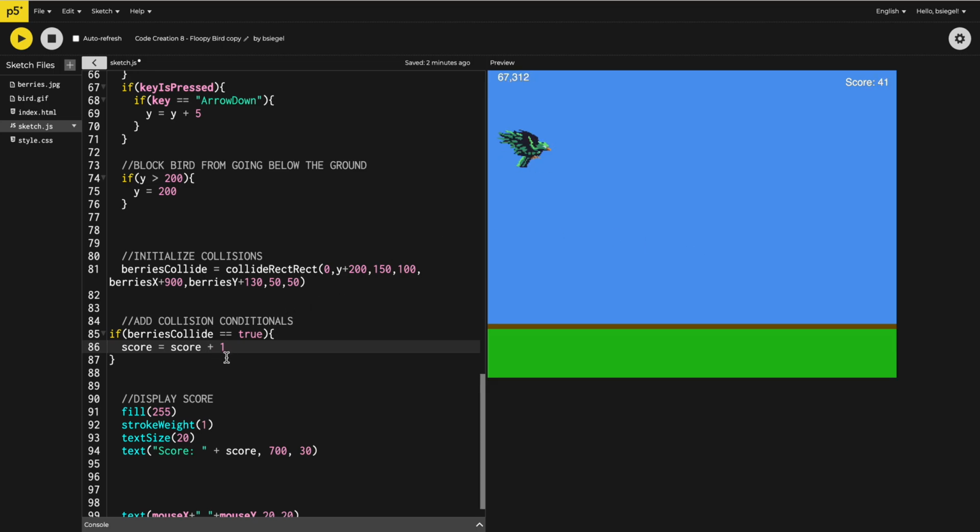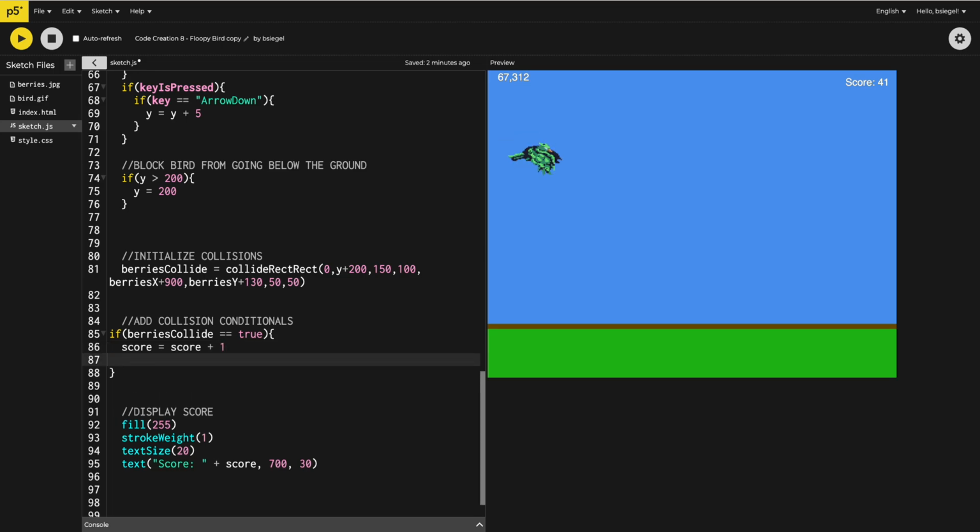What we want to do is have the berries restart. So we're going to set X equals 0. We're going to have it loop back to the beginning. So check it out. Now I have this. And you see how it,